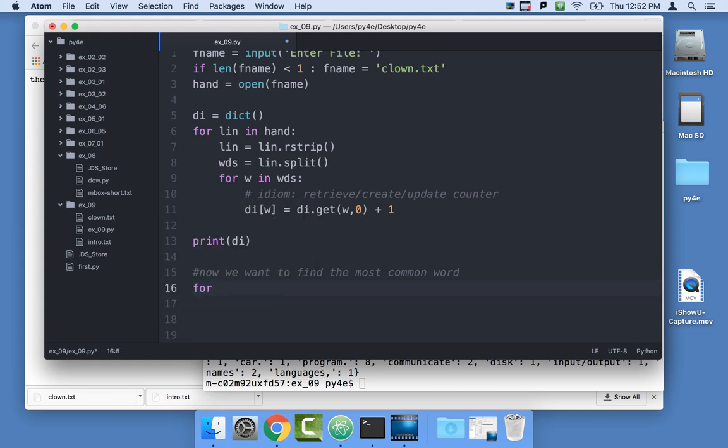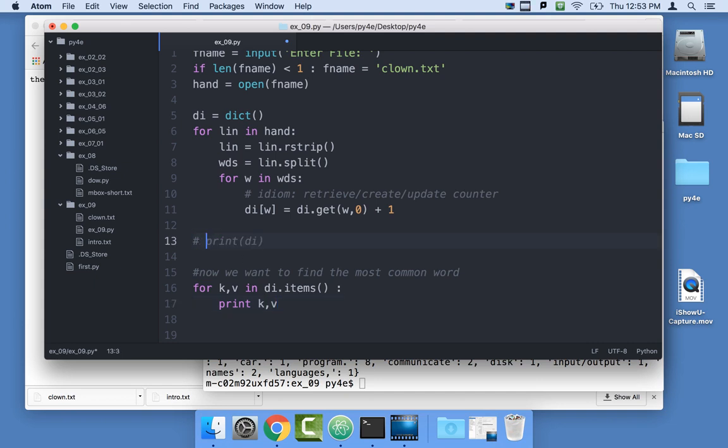For, I would call these variables k and v for key and value, in the dictionary's name dot items. And items is a method inside of all dictionaries that says give me the key value pairs, and we need 2 iteration variables. So this is like an assignment statement for k and v. K and v take on the successive values for the key and the value. Okay? So if I just now print k comma v,